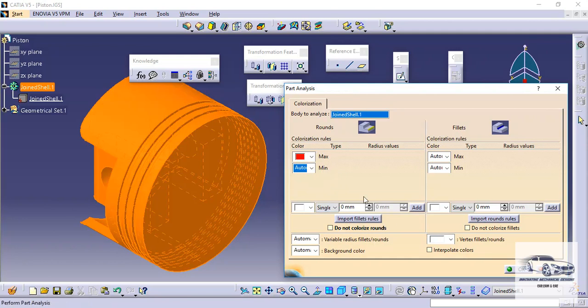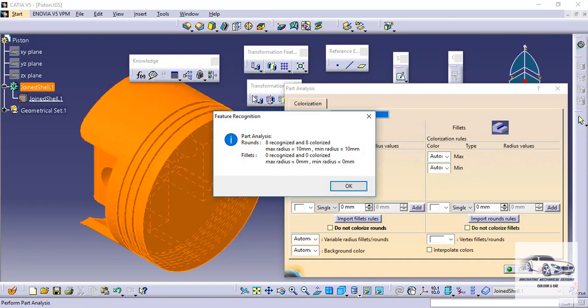Here we can also use the option of import fillet rules or add fillet rules, meaning we can specify a range of a fillet here, and the fillets falling into that particular input value will be recognized. So here I am not going to change it, and I will just click on OK.